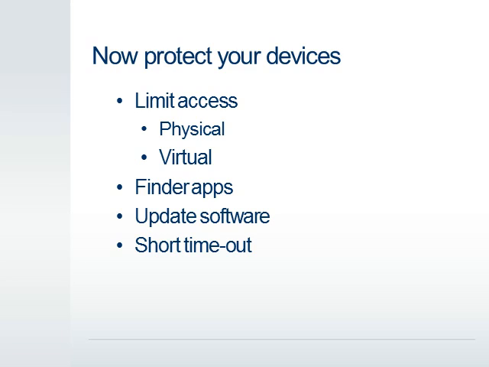Okay, now that we've gone over what you can do to protect your data, let's look at what we can do with our devices. First thing you can do to protect access or protect against loss is to limit physical access. That's pretty obvious, but you can also limit virtual access to your devices too, especially because sometimes you can't limit physical access as much as you might like. There are things you can do before a device is lost to mitigate possible damage. Finder apps are potentially helpful in locating lost devices, but more importantly, they can remotely wipe data from devices that are out of your hands.